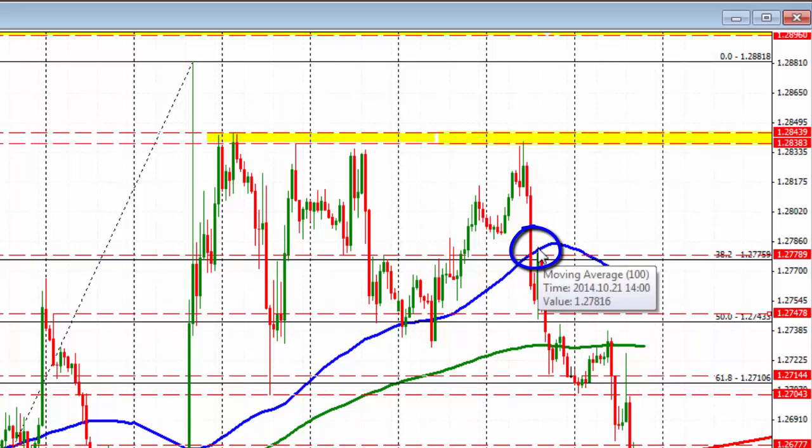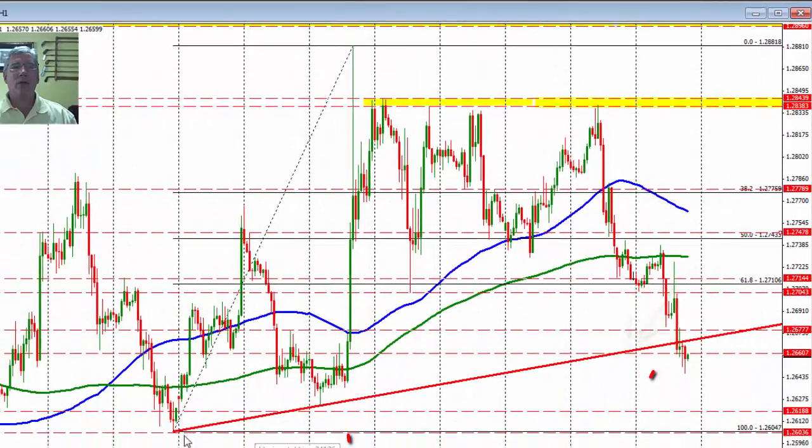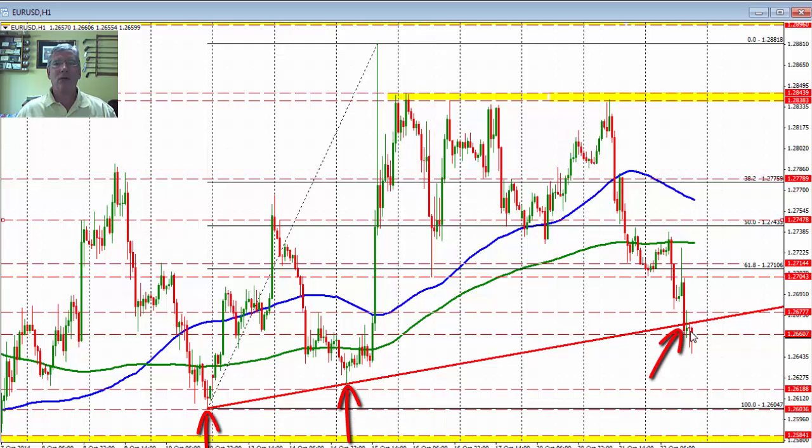bang, bang, bang. Couldn't get above that level, moved down to the 200-hour moving average, fell below the 200-hour moving average, and in yesterday's trading, got a little bit above it here and got a little bit above it in trading here in early London session, and then boom, fell below that level. And we did have one test right before the New York traders entered, and the market couldn't get above that 200-hour moving average, so stepped down again, went below the trend line right here, connecting recent lows, and also below